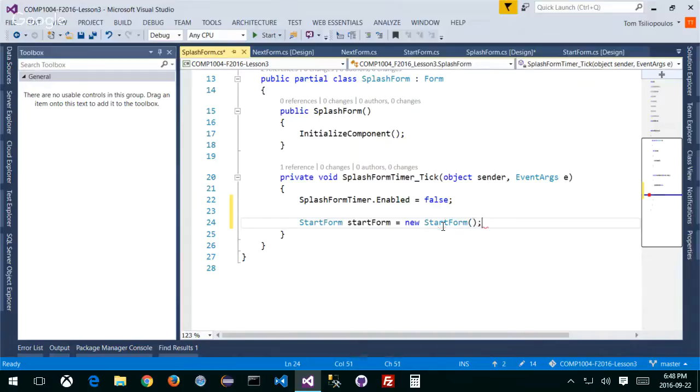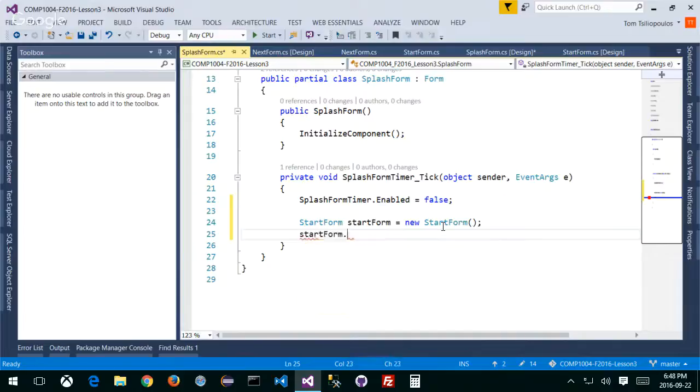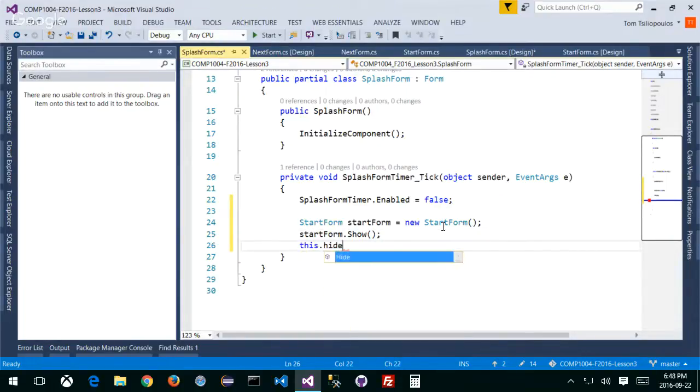Oops, there we go. And what I want to do is two things. I want to show the new form. So start form, oops, lowercase, start form dot show. Okay, now there's a problem with this. I want you to see what the problem would be. And this dot hide, right? If we do it this way,